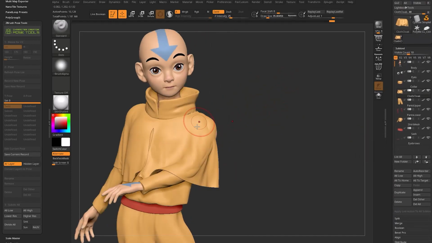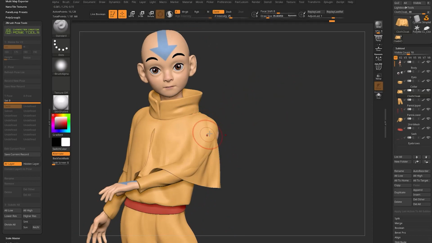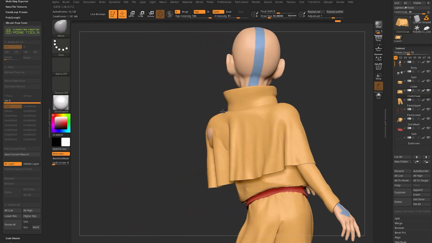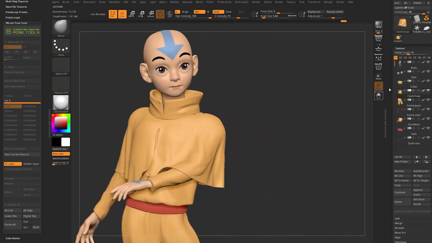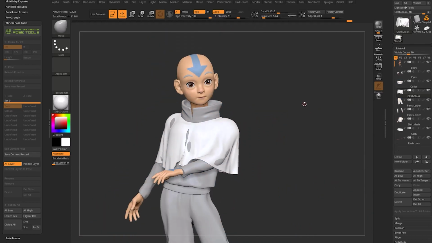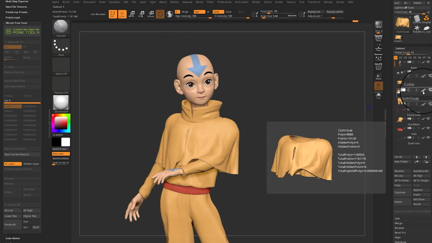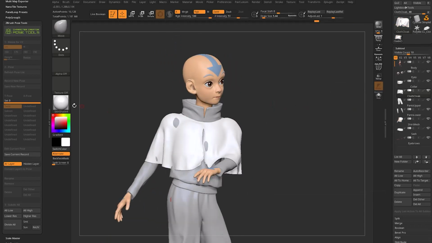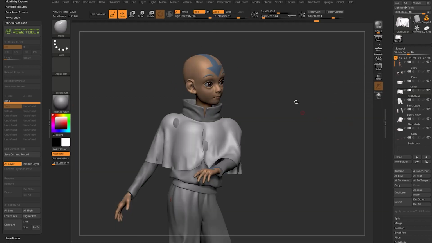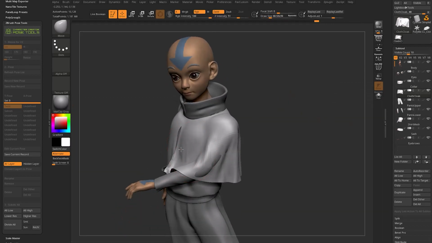For example, I can Alt-tap the cloak here. I'm going to turn X symmetry off by tapping X on my keyboard. I can go through here with my Move brush and just move this cloth out of the way. If I want to, I can hold down Shift and turn off Poly Paint, so it turns off Colorize, I should say. Shift, turning this on, turns them all on. Shift, turning the Colorize off, turns it all off. You can go through here and change out your material to, say, Matcap Gray, and you can go through here very quickly